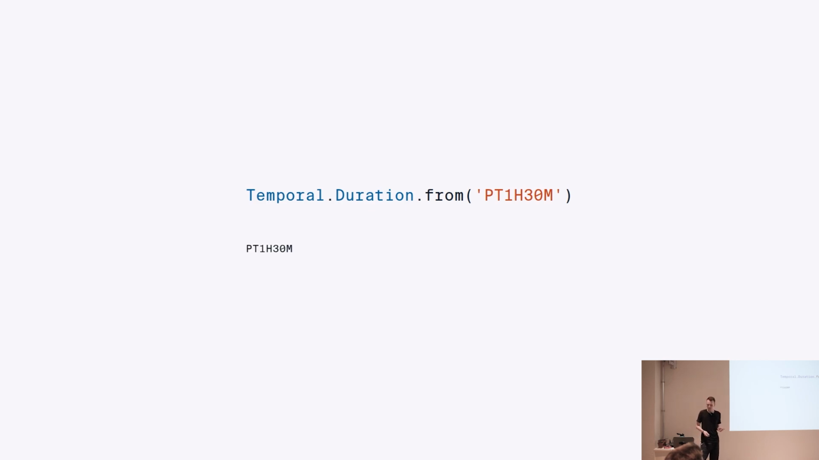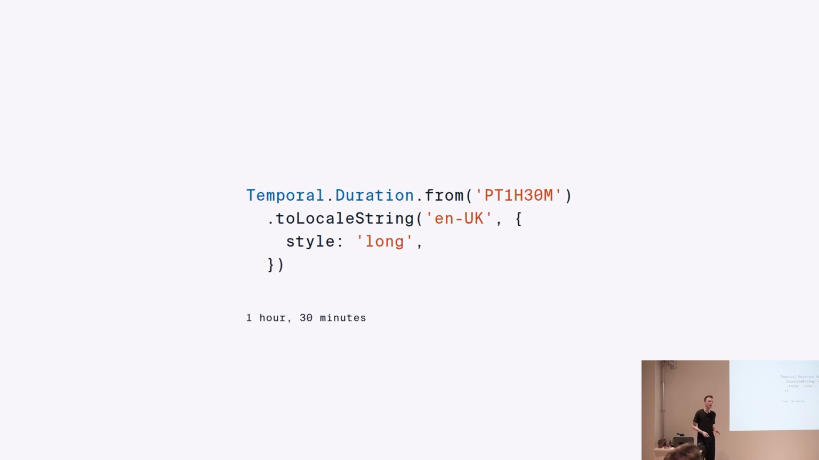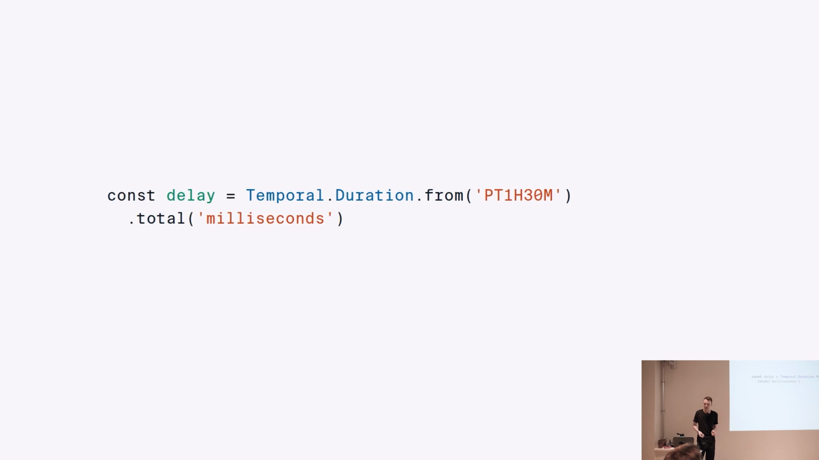And this is then a Temporal Duration object, which you can also print in a more user-friendly format. So toLocaleString would give you 1 hour, 30 minutes. But the cool thing about durations is you can do a lot of other stuff in combination with other Temporal APIs. So let's say, for example,